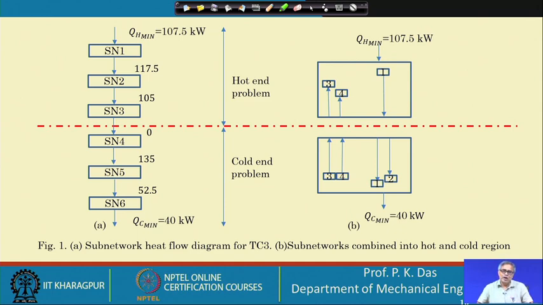So, what can I do? I can join any hot end solution to any cold end solution. So, my total solution could be AD, or my total solution could be BC, or my total solution could be AC. Okay. So, this is an example to show that we can have independent solutions of the hot end and cold end. I have told this, this has to be kept in mind. This is a very important aspect of pinch analysis. All right. So, let us go to the next slide.